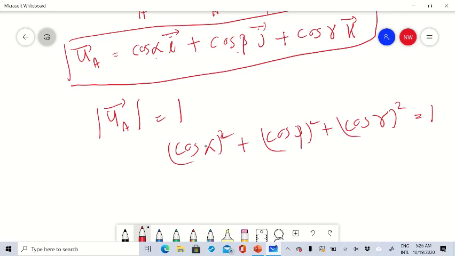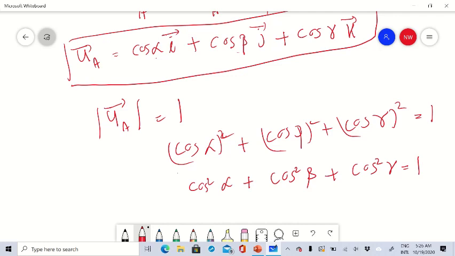So cos squared alpha plus cos squared beta plus cos squared gamma is equal to 1,